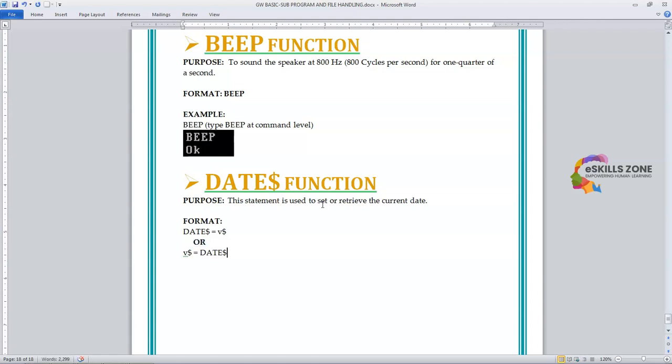So how it is used, let's see. Where V$ is a valid string literal or variable. V$ can be any of the following formats